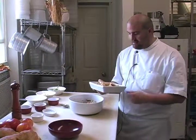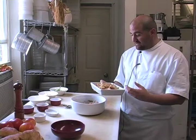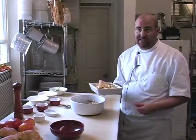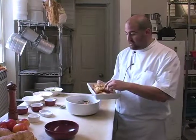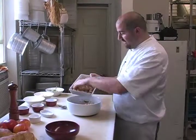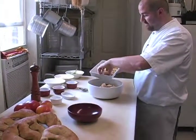And you can tear this apart and eat it. You don't really have to cut it into cubes and fancy like this. You can just tear this up and toss it in the olive oil if you like, and just toast it. But you need to toast this for about 10 minutes before you toss it in the salad. So then all we would do is just take some bread and toss it in here with the tomatoes,